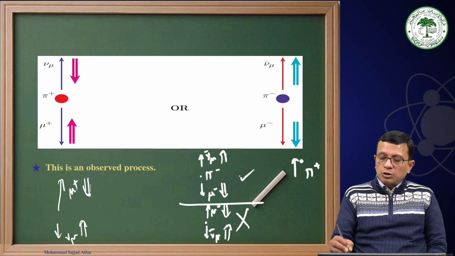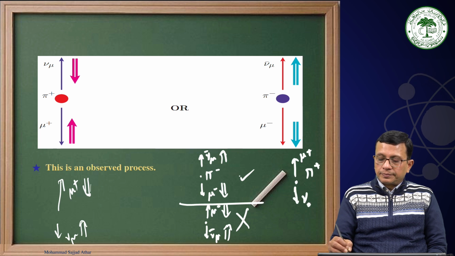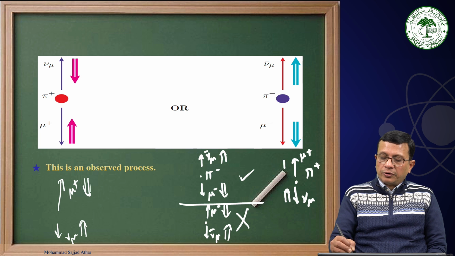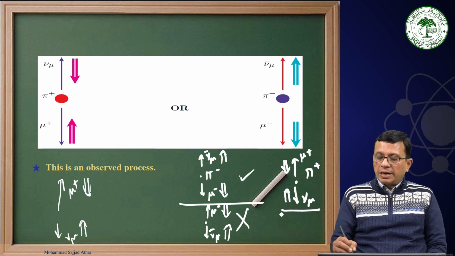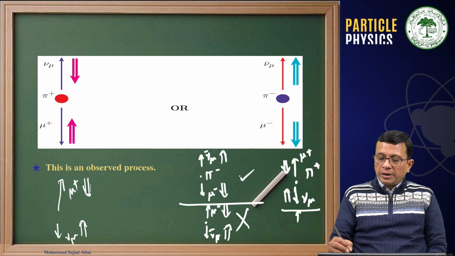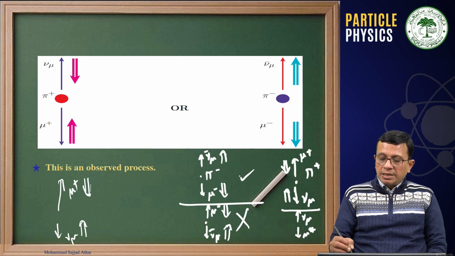That is decaying into mu plus and nu mu. Nu mu has the left-handed helicity. Therefore, mu plus is also left-handed. We are seeing the spatial inversion. Therefore, now nu mu will come up. Mu plus will go down without changing